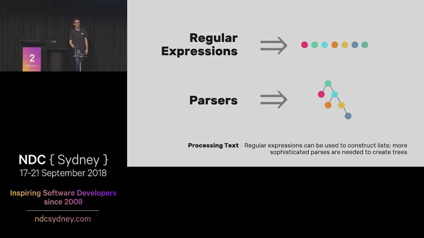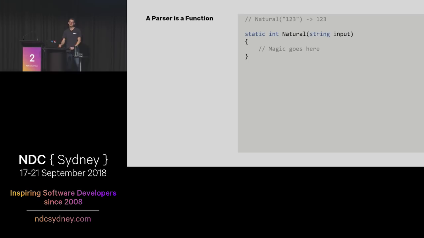But unfortunately, the techniques are kind of distinctive to this space. So we've all seen how regular expressions can be used to chop up a string into components that are all linear. But if you want to produce a tree from that output, you have to use a parser. There's no recursion in regular expressions, and there's no stack, I guess. And trying to use one where you need the other is obviously a world of pain. So what is a parser?